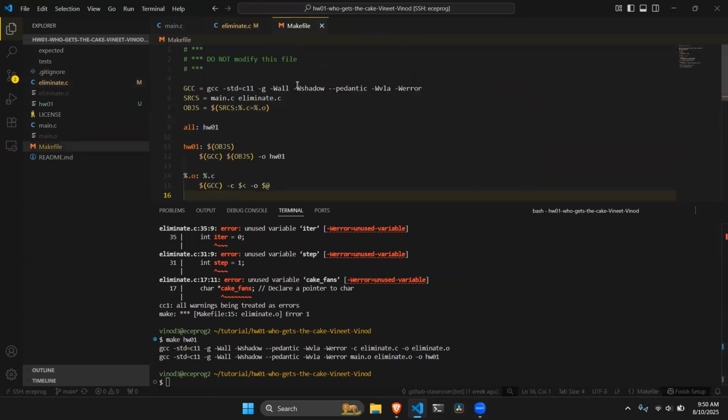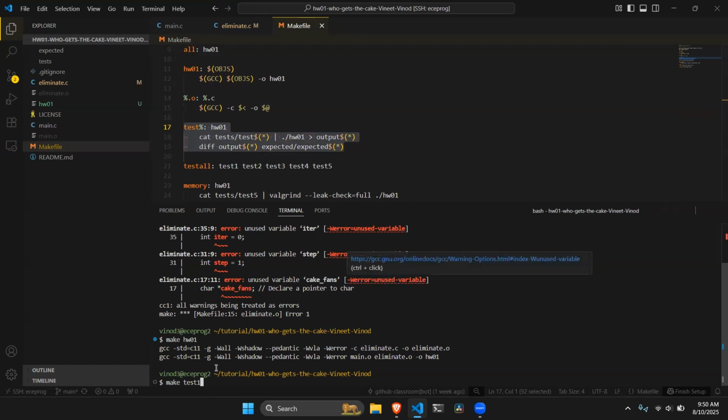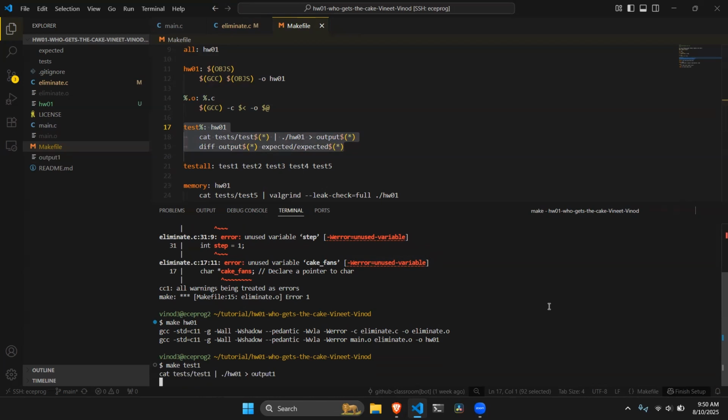Going back to the makefile, we see that there is a target called test%. The way this works is that you can enter a command as follows, say make test1, and this command will substitute this number 1 wherever you see the $. So if I run make test1, I see that the program is still executing,